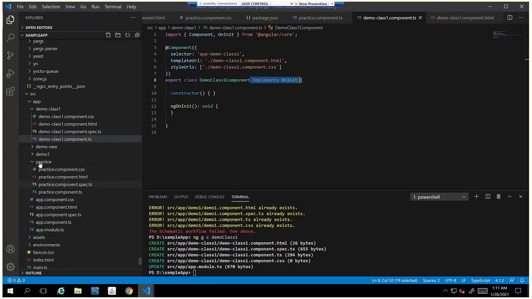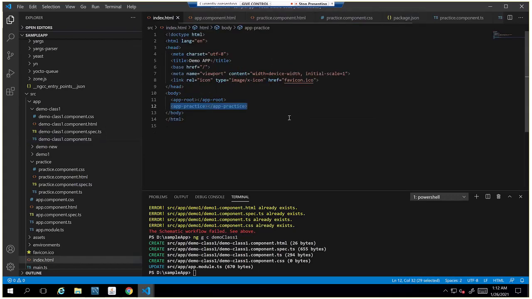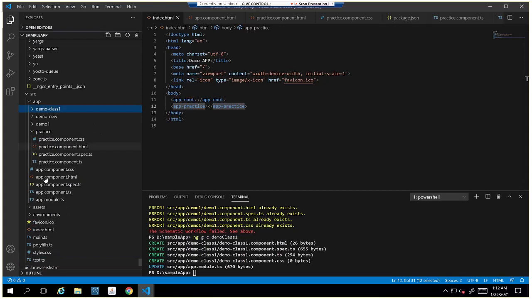Now, as we discussed previously, index.html is the starting point for the actual Angular page which is going to load. And if we go to this selector which we have, which is created by default, it is present in the app component.ts file.